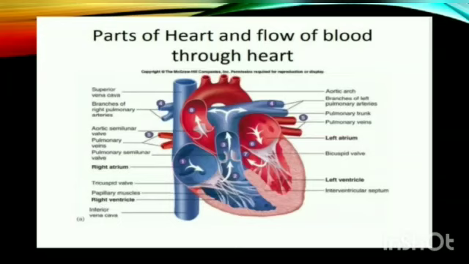Left auricle is slightly smaller and contains four openings, that is two pairs of openings of pulmonary veins. They collect oxygenated blood from both lobes of the lungs. Right ventricle consists of only one opening, that is opening of pulmonary trunk, which carries deoxygenated blood towards both lobes of the lungs for oxygenation. Left ventricle also consists of only one opening, that is opening of aortic arch, which carries oxygenated blood towards the body.